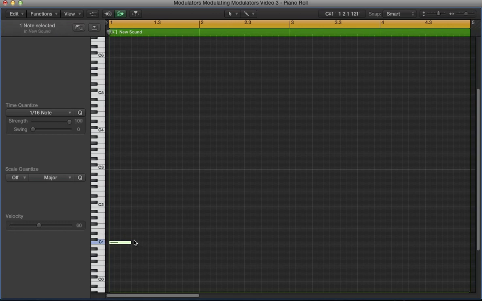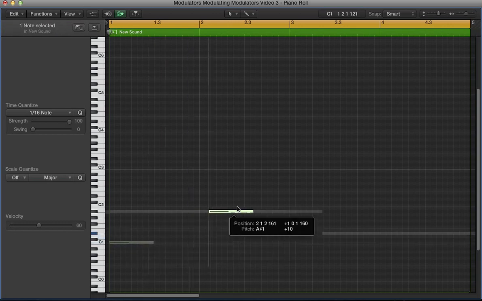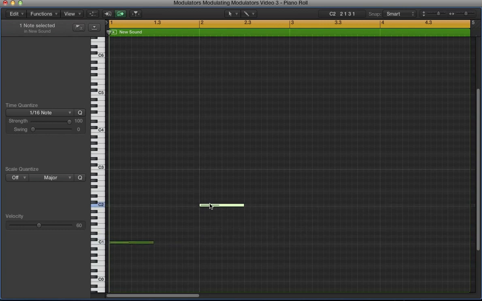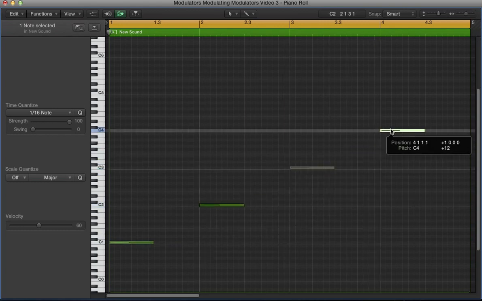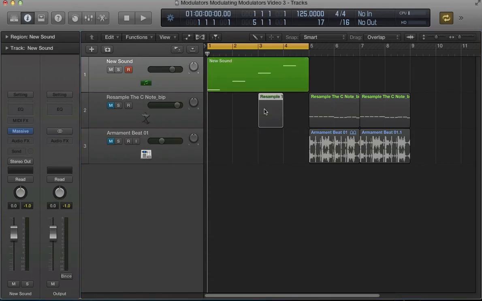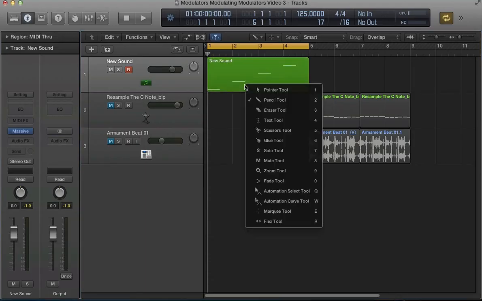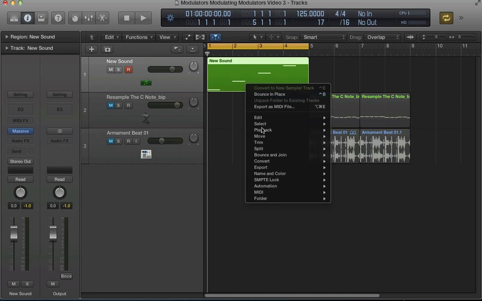So C1, C2, C3 and C4, and then what I can do is right click or control click on that MIDI region, bounce in place,